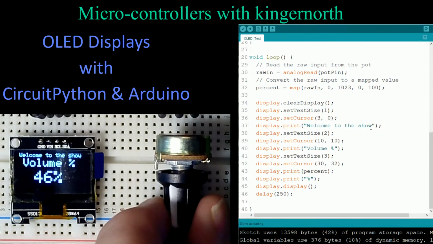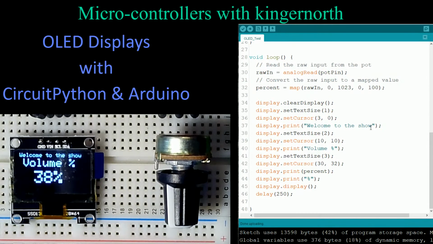So I could have this as a volume control, and this would be my feedback to tell me, okay, I'm set at roughly 38% of the volume. So I'm actually able to do something practical with it. And you could actually have other information coming up on the screen. We could have the screen updating at various rates. But you can see right away that we're actually able to create live information